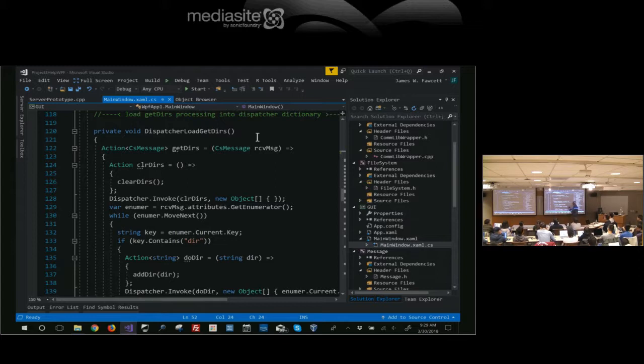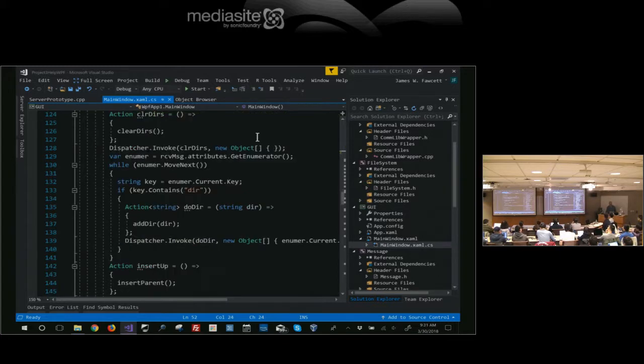Now I'm going to do it one by one. Action of string. So now this is an action that's going to accept the string, do dir, and there's a function up here, do dir. What that does is add that dir name to the dir list items. So add dir of dir, and I dispatch it. Piece of cake. So now the only other thing I got to do is